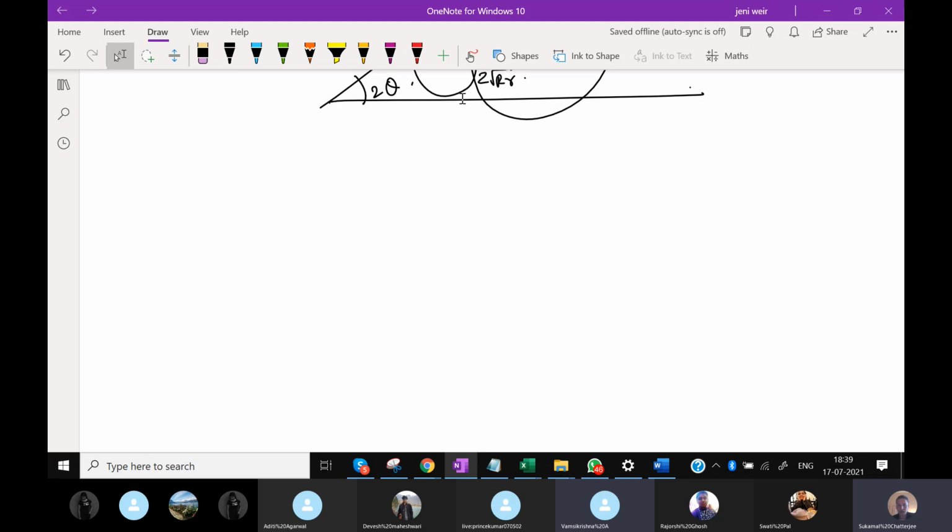You don't have to remember anything. You have to remember the concept. What is the concept of a conic? What is the basic concept of a circle? It has to have a center and a radius. That means it has to be of the form (x minus a) whole square plus (y minus b) whole square equal to r square. That's the concept. What's the concept of a parabola? It needs to have a focus and a directrix, right?